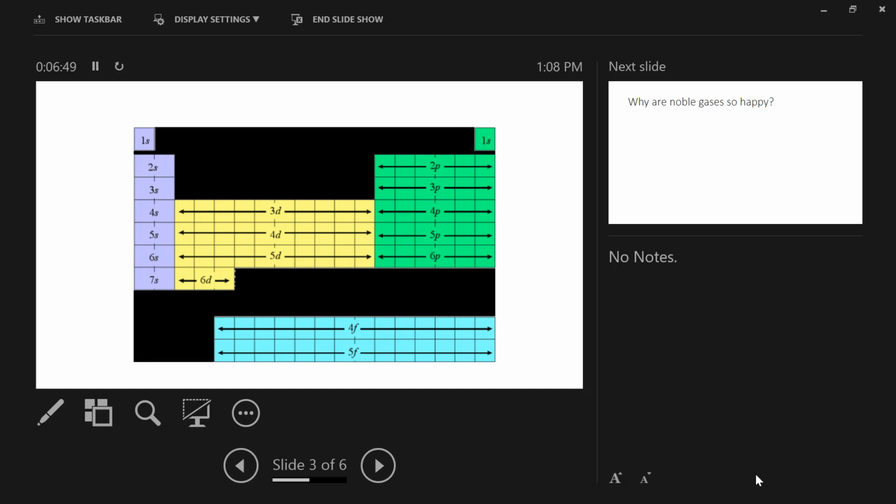And just like our previous elements, if we're going to start putting electrons into that orbital, we have to fill all of the lower energy orbitals